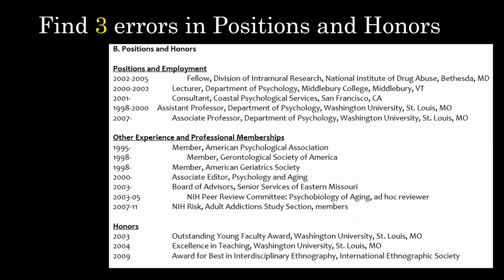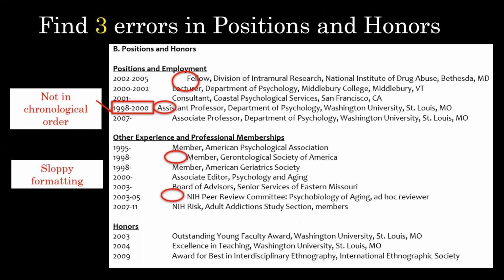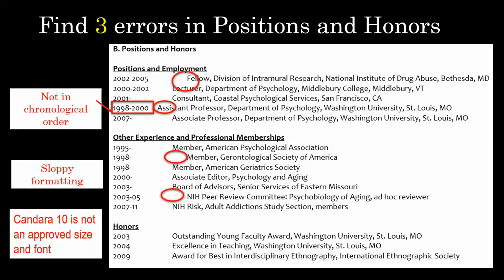Find 3 errors in positions and honors. So there's 2 in here that are pretty obvious. 1 is not so obvious. The first one is this particular assistant professor at Washington University is not in chronological order. So that could easily have been missed, but that one should have been moved up. And then the second one is pretty obvious. The format is very sloppy, so that needs to be cleaned up. And then the third one, Kendara 10 font, is not an approved size by NIH, so that would need